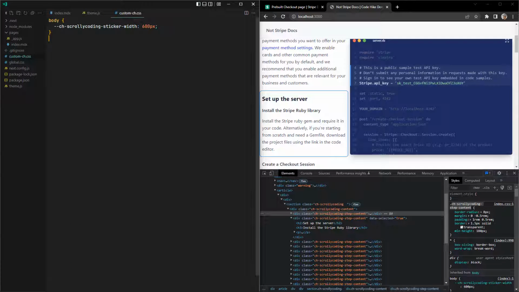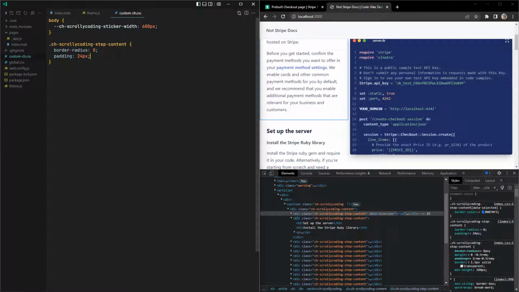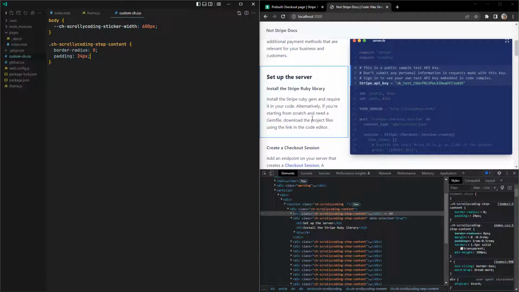So we want to change this. For example, we don't want the border radius. Also, we want to change the padding. Let's say 24. Okay, and